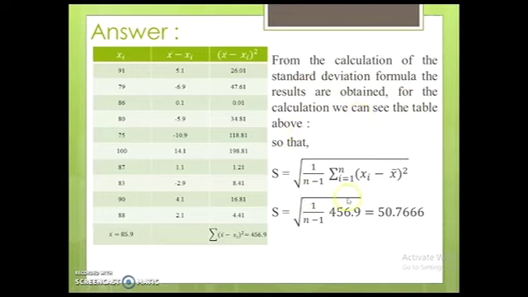So s equals the square root of 1 divided by n minus 1 sigma xi minus x bar, squared, which equals the square root of 1 over n, where n is 1, 2, 3, 4, 5, 6, 7, 8, 9, 10. N is 10, minus 1,